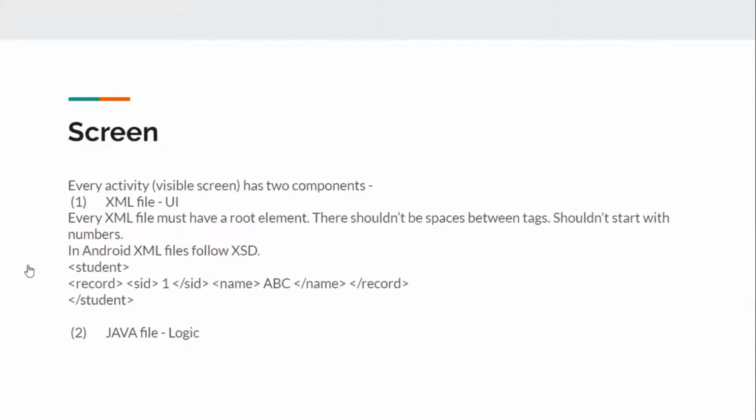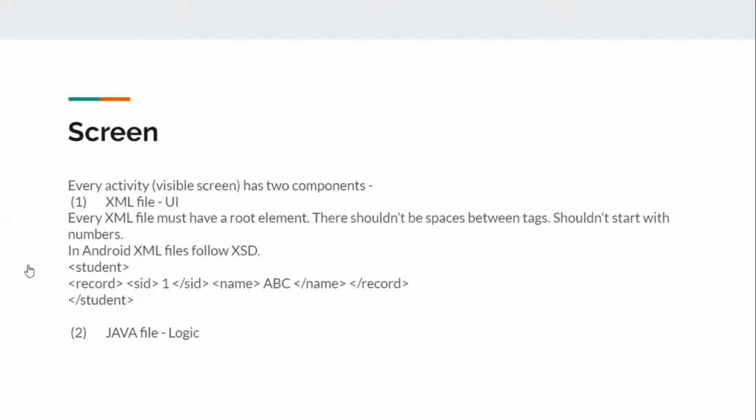XML is also a markup language, just like HTML. But the main difference between XML and HTML is that HTML has all fixed tags. For example, I need to write everything starting from html, and everything needs to be enclosed in HTML only, like slash html. But in XML, the thing is not like that. You can use XML to create your own tags also. This is the basic difference between HTML and XML. That is the reason it is called XML, that is, extensible. You can extend it as per your requirements.